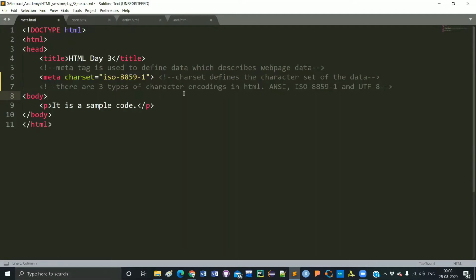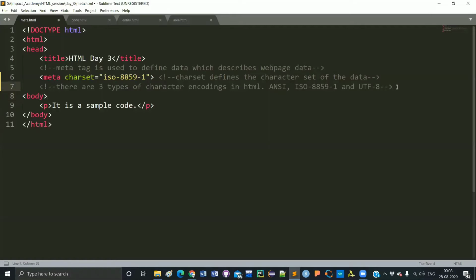Whatever the effect of this meta tag is, it is on the browser or on the server. That is why I am not going to run this code. But these logical tags are very important. You have to understand the purpose of these logical tags and why they are used. That is the purpose of the meta tag and the charset attribute.